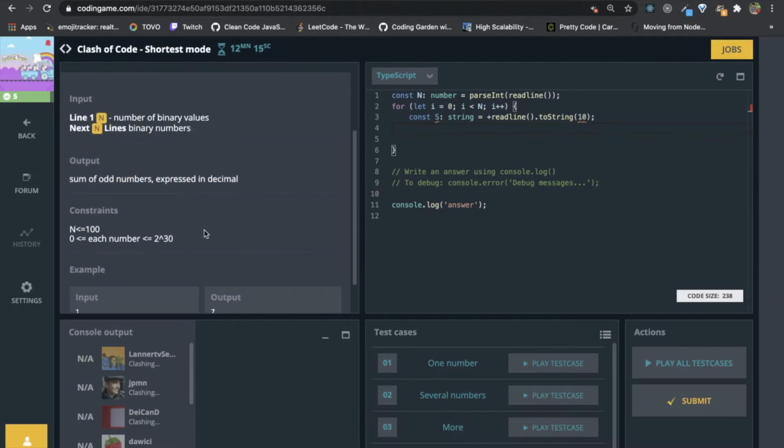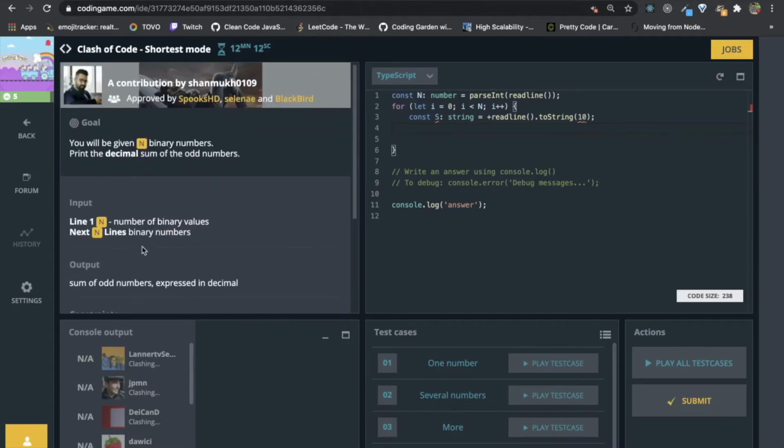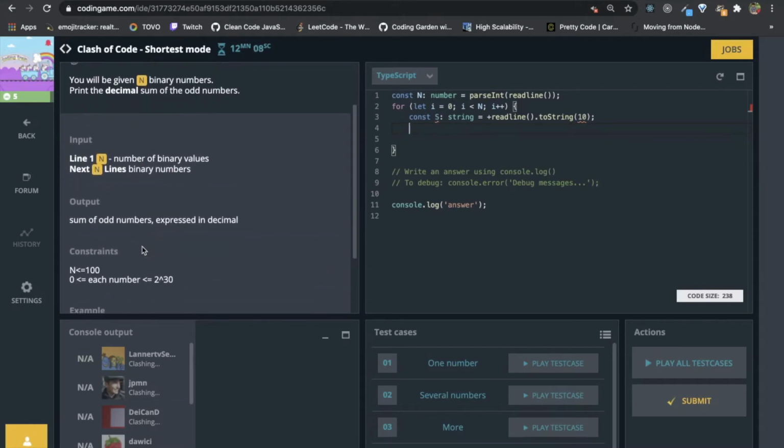Okay, let's look. We have 12 minutes left. You will be given binary numbers. Print the decimal sum of the odd numbers.